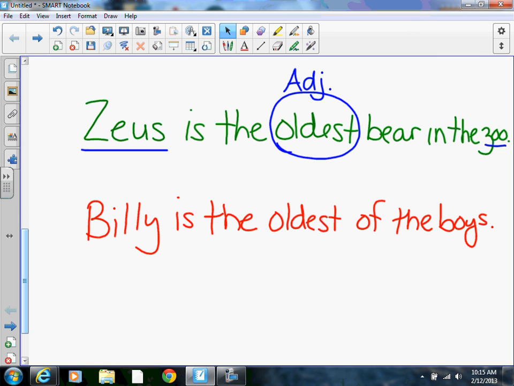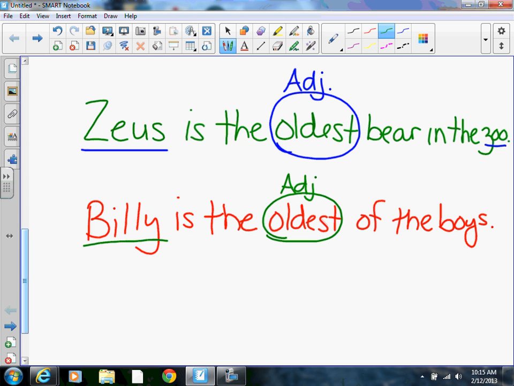What word is there with the comparing word? Eva. Oldest is the comparing word. And what is this adjective, the comparing adjective? What is it comparing? Angel, Billy, and what? Okay. All right. Your sentence will always make sense. Okay. So if it's awkward